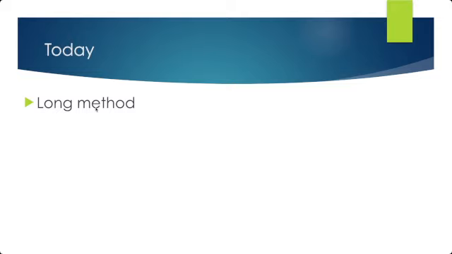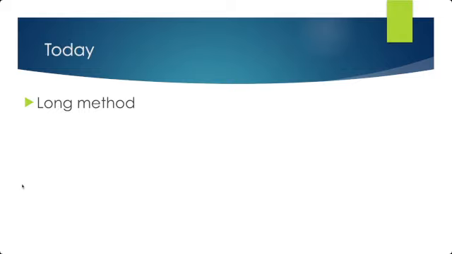Usually we call a method long not only if it has more than 100 lines, for example. Sometimes the method can be shorter than 100 lines, but if it is very hard to understand, we can use solutions to change this situation